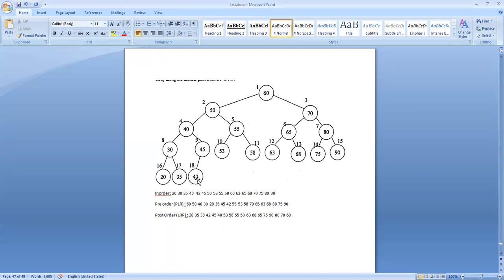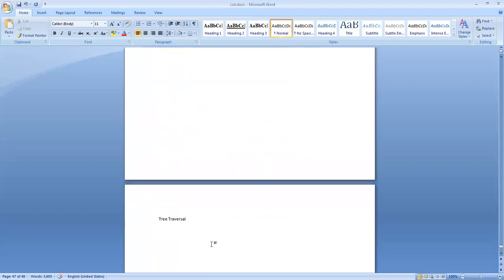So what I am trying to say is I am going to construct a self-referential structure in which three members are there. One member is the value of the node, another member is a pointer to the left child, and another member is a pointer to the right child. First we construct that now. struct tree node.